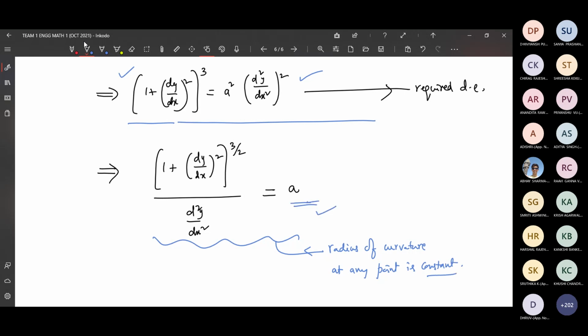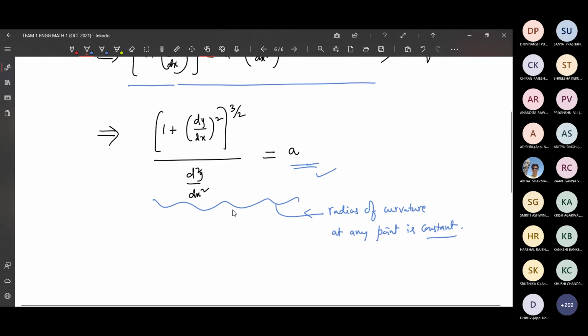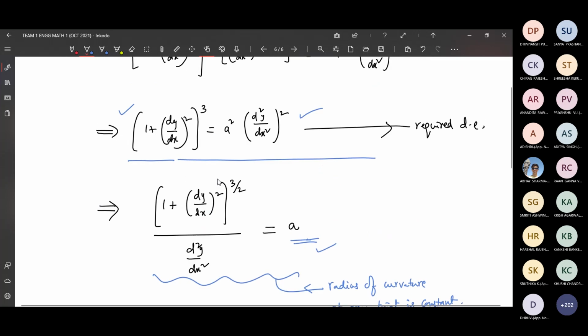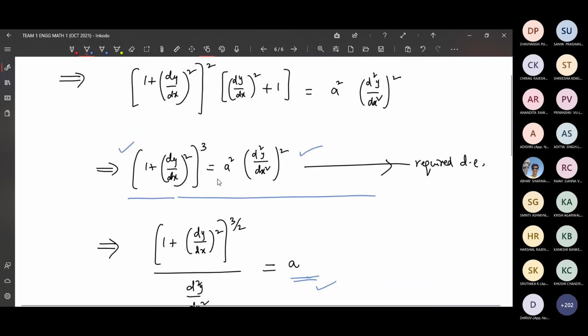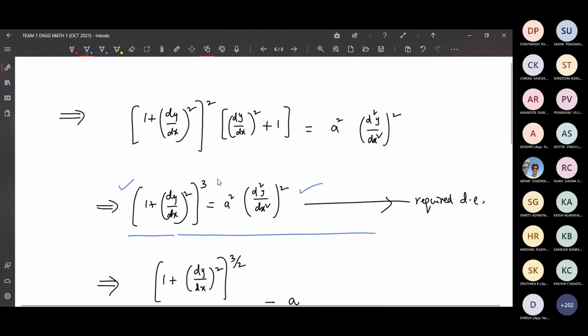Anyway, not necessary for you, but only formation of differential equation at this point. Sir, I have a doubt. This formula is applicable for any second degree equation, sir? Radius of curvature? No, if you have two constants. Yes, sir, two constants. Shifted.